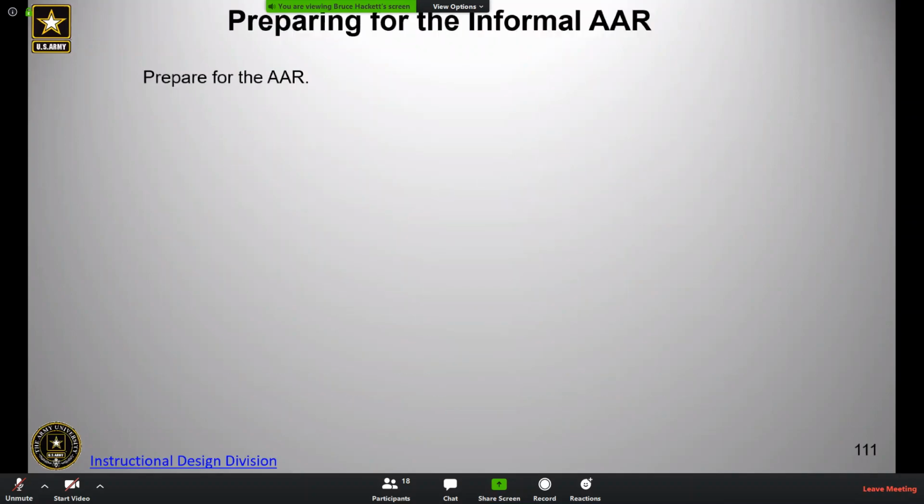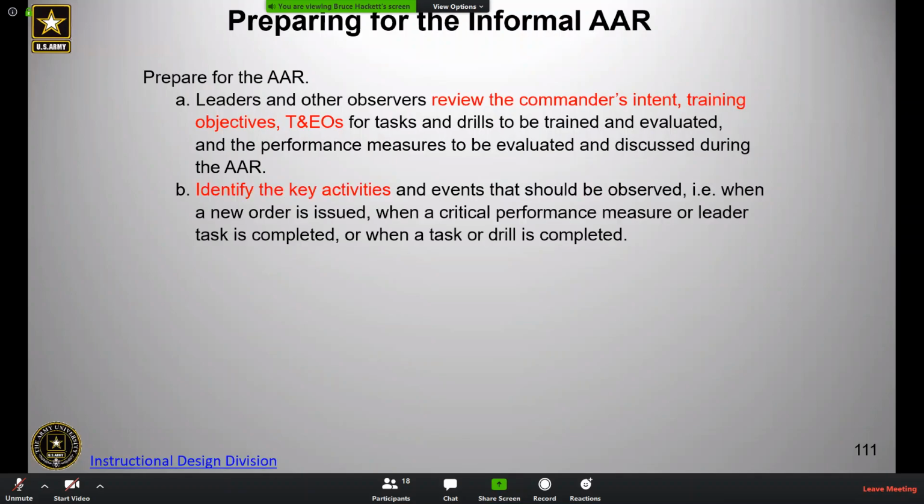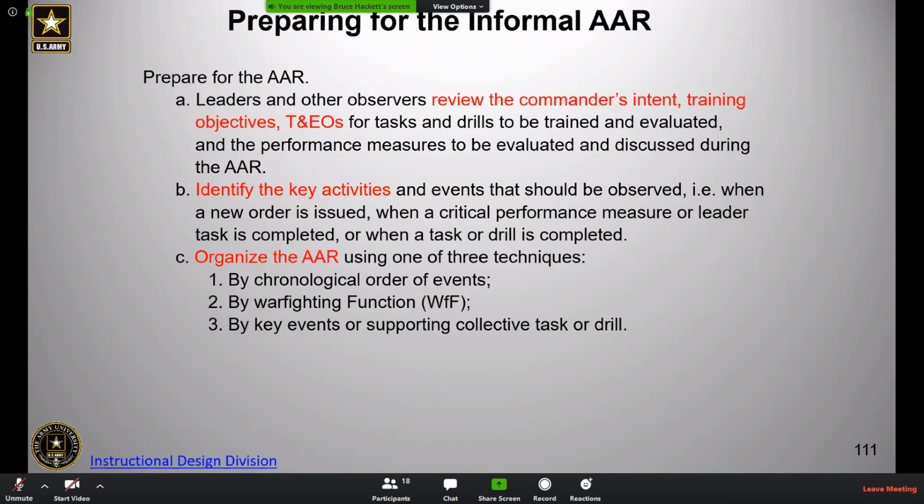Okay, we're almost done. We'll finish up with the after-action review. We're going to go through the preparation. Leaders and other observers review the commander's intent, training objectives, and training and evaluation outlines for tasks and drills to be trained and evaluated and performed, and performance measures to be evaluated and discussed during the AAR. You're going to identify the key activities, which are the events that should be observed, when a new order is issued, when a critical performance measure or leader's task is completed, or when a task or drill is completed. Organizing the AAR